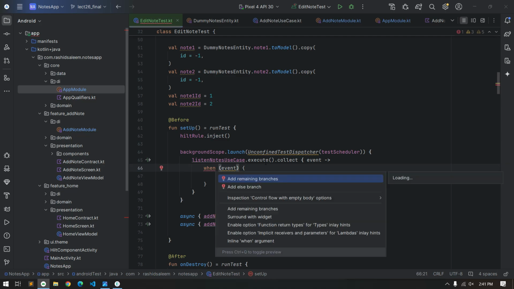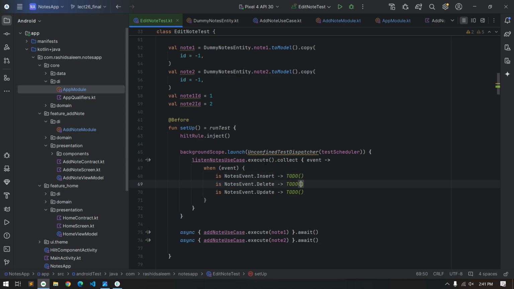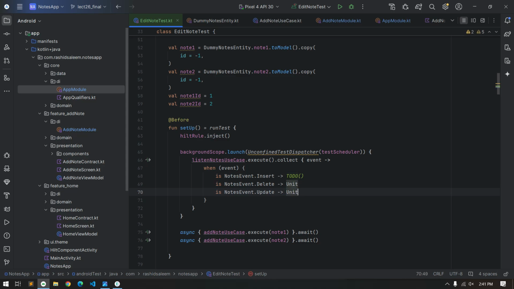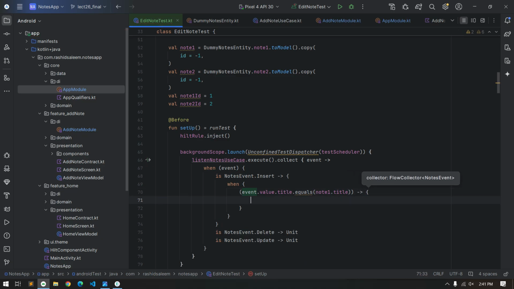use the when condition in here, press alt enter to add the remaining branches, and in here we only need the insert. For the other one we will use the unit value, and in here we need that. So in the when condition, if event dot value dot title is equal to node one dot title, then it means the first node has been successfully inserted. So we will store the value of node one